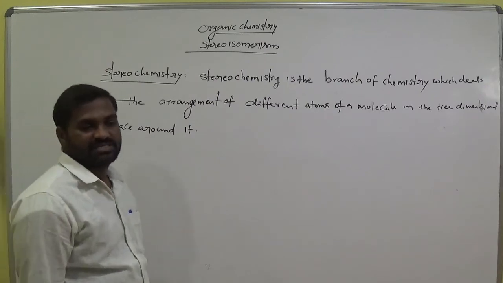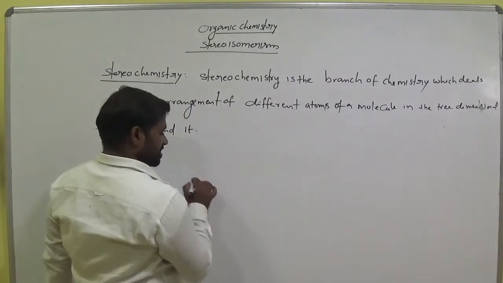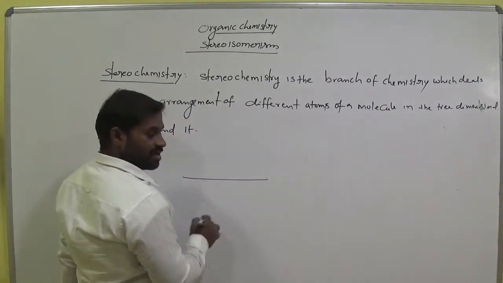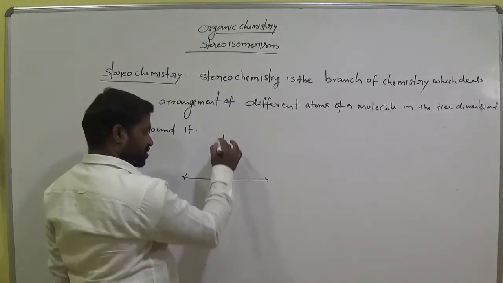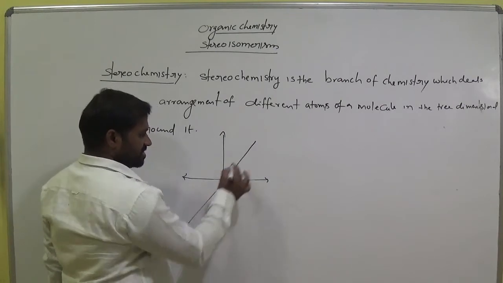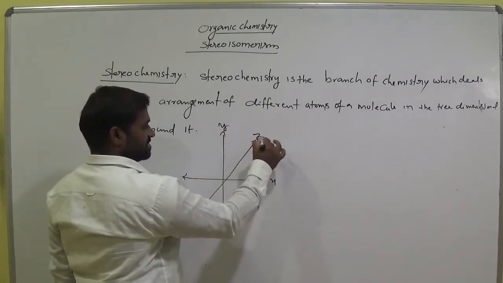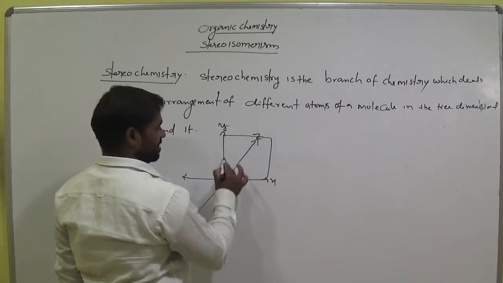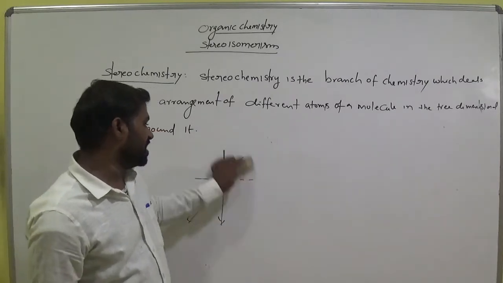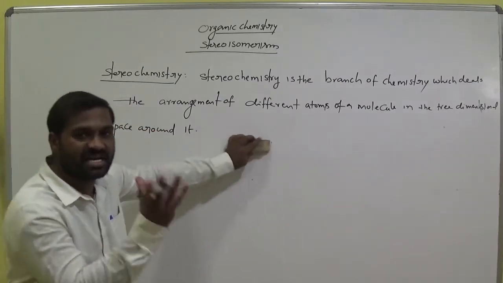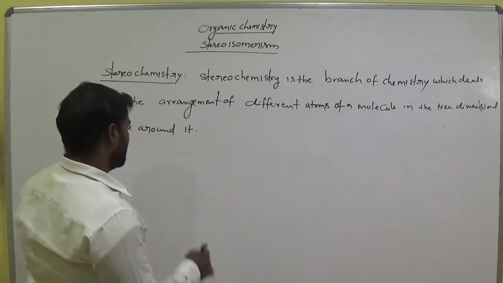So that means three-dimensional: x-axis, y-axis, z-axis. This is one dimension, two dimension, three dimension. The three-dimensional arrangement of atoms in a molecule is called stereochemistry. Three-dimensional analysis is called stereochemistry. For example,